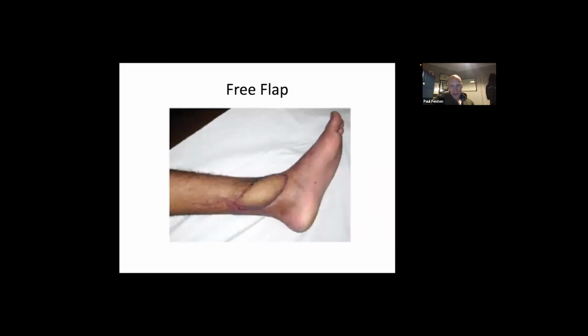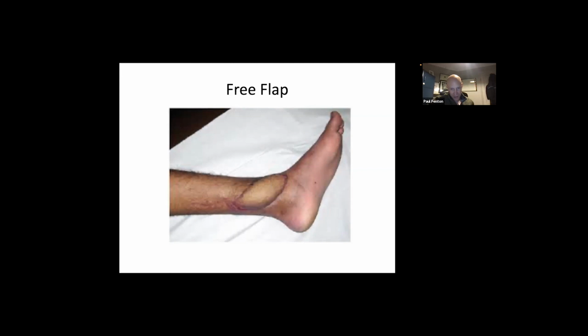So this is what a free tissue transfer looks like. So this is the flap. That's probably come from the other thigh. It'll be an ALT flap. Okay, and this incision here is where the plastic surgeons have then found the blood vessel behind the tibia. This flap of skin and fascia has come with its own blood vessel. So it's got a vein and artery that comes with that flap of tissue. And they've plumbed that in. They've done an anastomosis of the pedicle of the flap onto the blood vessel at the back of the tibia. So that this tissue is then vascularized right from the start. And so that's the commonest way that we would reconstruct a high energy open fracture with